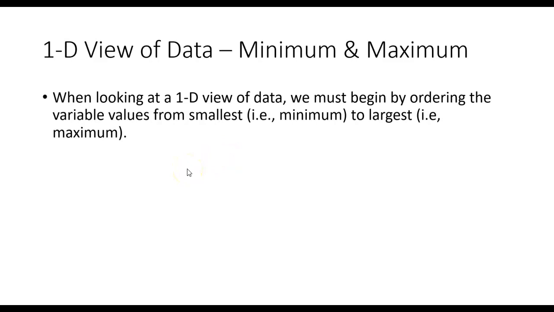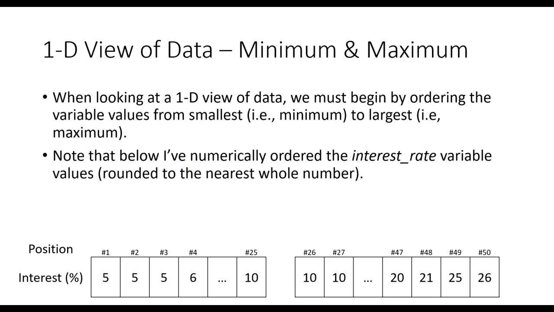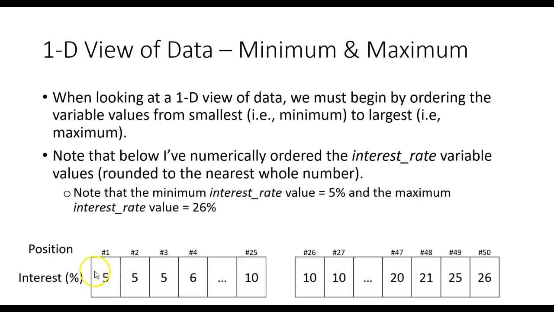When looking at a one-dimensional view of data, we must begin by ordering the variable values from smallest, that is the minimum, to the largest, that is the maximum data value. Note that below I've numerically ordered the interest rate variable values rounded to the nearest whole number. The position numbers are shown above each of the variable values, so note that the minimum interest value is 5% at the far left under the first position, and at the far right under the 50th position, the data value